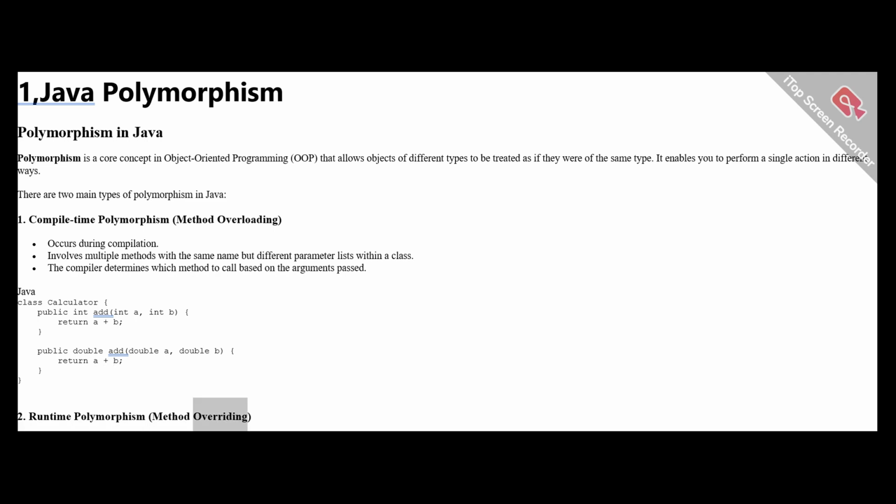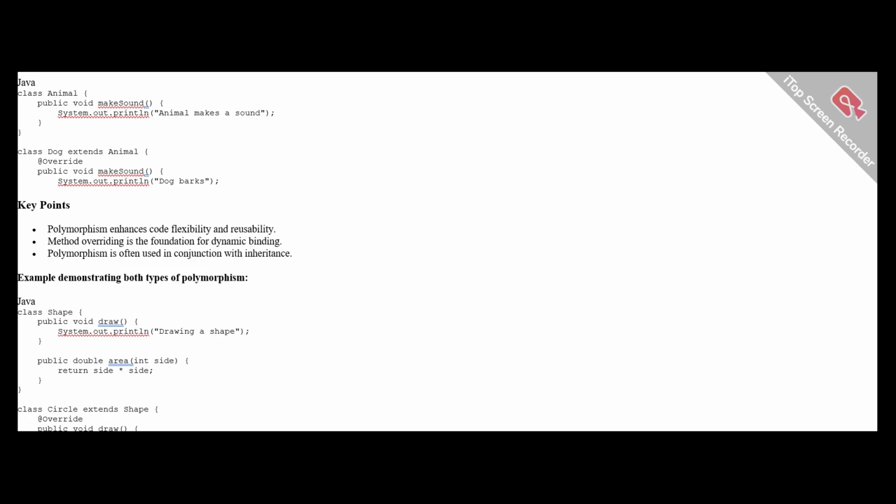2. Runtime polymorphism, method overriding. Occurs at runtime. Involves a subclass overriding a method from its superclass. The actual method to be executed is determined at runtime based on the object's type. Java. Class Animal. Public void makeSound() { System.out.println("Animal makes a sound");